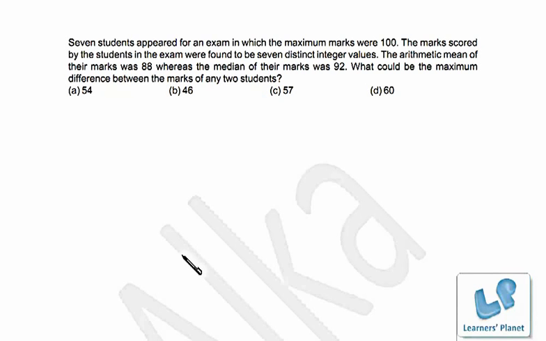A very interesting problem, friends. Here, do you know what is median? Say, here we talk about 7 numbers. If you arrange the numbers in ascending order, the number at the exact middle position is their median, right? That means if we have numbers A, B, C, P, Q, R, then 92, which is the median, is exactly in between. This is the arrangement of the numbers in ascending order, and there are 7 numbers, so the fourth number will be the median.